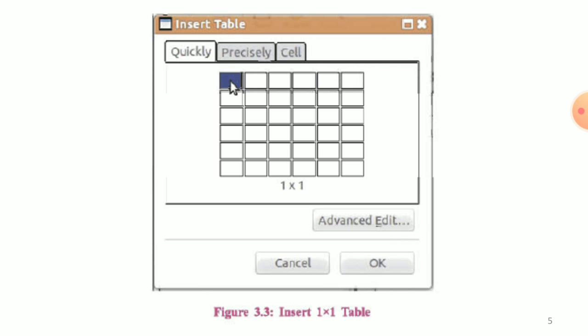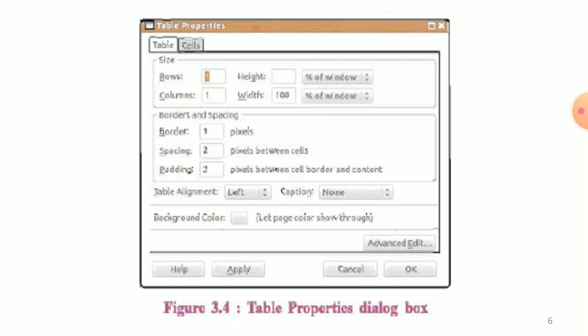To insert the table, go to the Insert menu and then Table, select single cell table, and press the OK button. And then the next step, save the web page with a title. The title will be displayed on the title bar of the web browser. Here we have given the title as School Plaza. Save the file with the name index.html. Generally, whenever we create the home page of the website, it is named index.html.